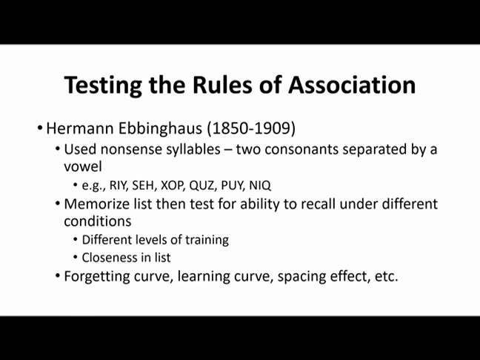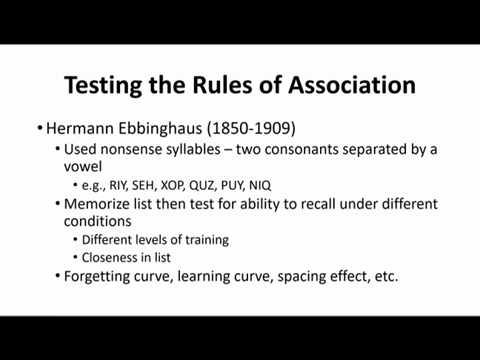Ebbinghaus. And so Ebbinghaus is famous for his forgetting curves. But if you don't know who he is, he was a researcher. He used nonsense syllables, basically two consonants separated by a vowel. These were meant to be stand-ins for words. So consonant, vowel, consonant. He would remove any that were actual words, so he wouldn't use something like boy because that already had a prior association. So these nonsense syllables, assumedly, wouldn't have any previous associations,